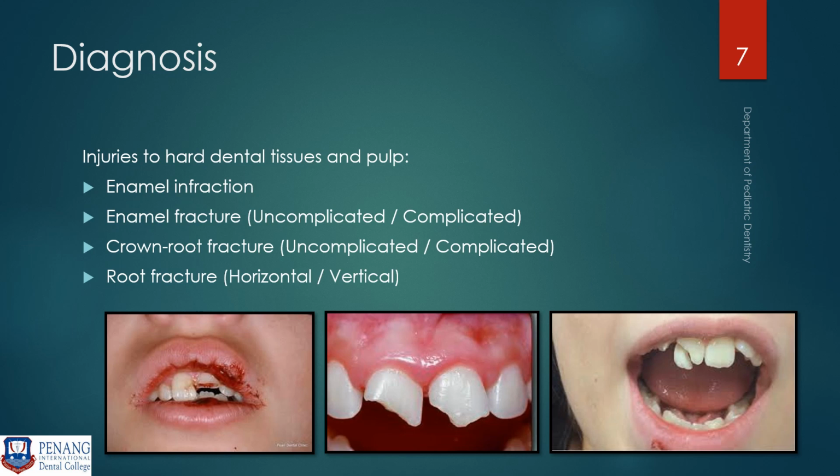And then lastly, we can have a root fracture. So the crown is intact, but the root has fractured within the alveolar socket. This fracture can be a horizontal fracture of the root, or a vertical fracture of the root, or maybe an oblique fracture of the root, right? All this you will come to know only when you have done your clinical examination and you have completed